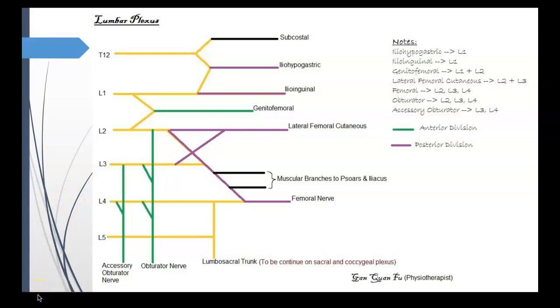The iliohypogastric and the ilioinguinal nerves both innervate the internal and external obliques, right? So if there's any compromise to the internal and external obliques, and maybe you have atrophy of those muscles, one of the things you have to be thinking is, okay, which nerve might not be functioning well? The genitofemoral nerve, as you all are well aware, is going to supply a lot of the genitourinary anatomical structures. So with dysfunction in that area, you start to think, okay, maybe it's the genitofemoral nerve that has been